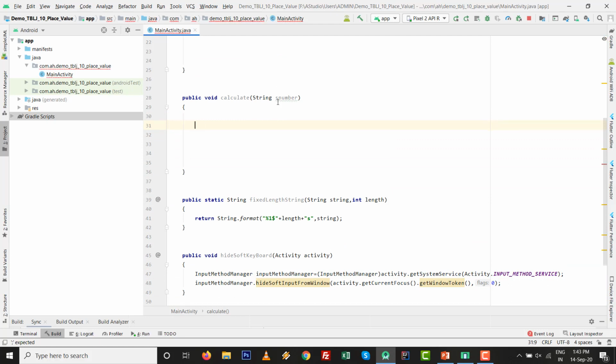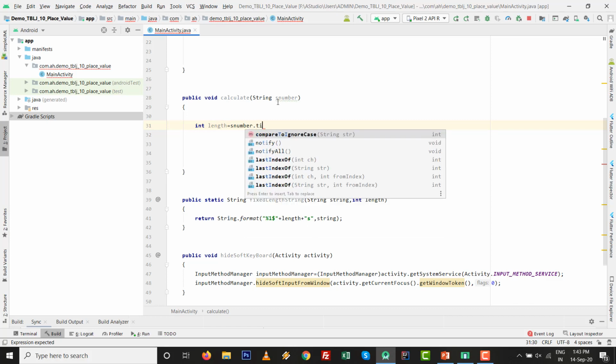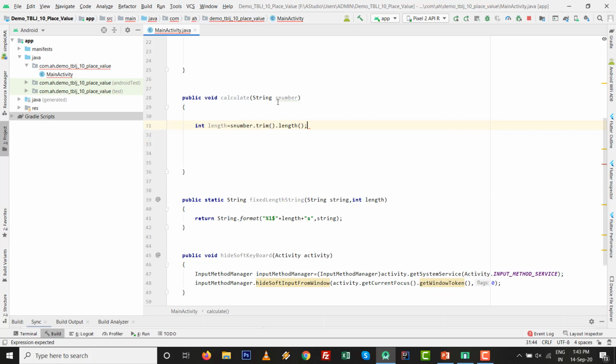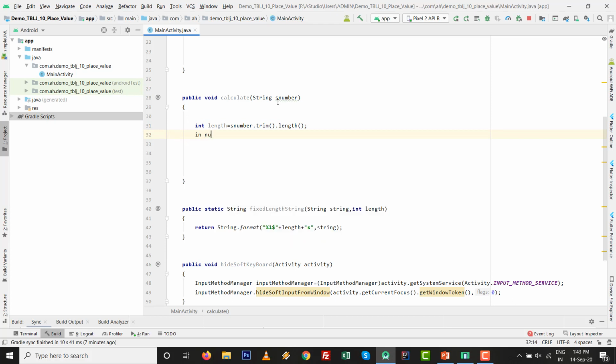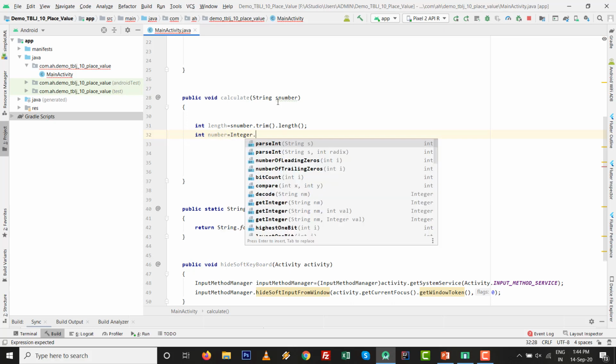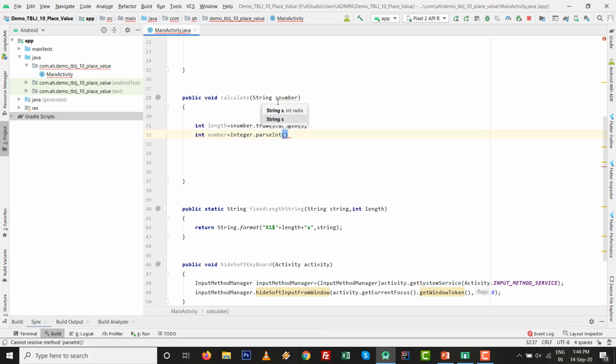So first I take an integer, whatever the length, equals to sNumber.trim().length(), an integer, whatever the final number we want, it is Integer.parseInt of whatever the sNumber is there.